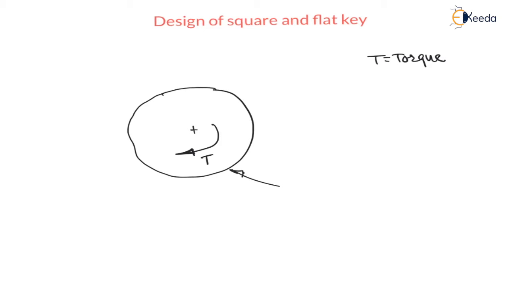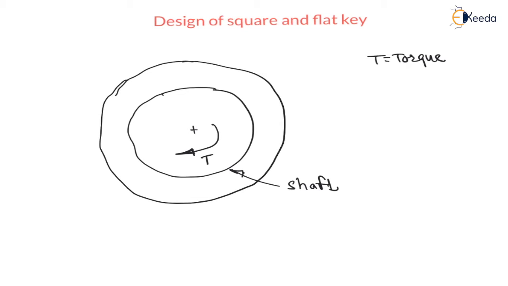It is a shaft. Now between shaft and hub, let us say there is a hub also. Outside portion is hub. We can see this is a hub fitted on the shaft with the help of key, right? Here it is a hub. Now between shaft and hub there is a connection with the help of key. Here we will fit the key. Let us say key is like this. Key is fitted like this, right?